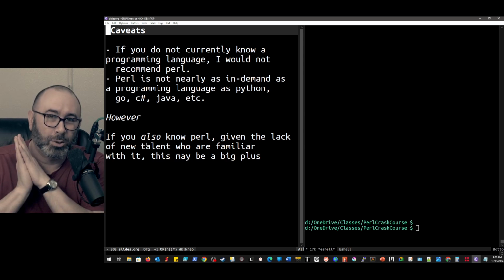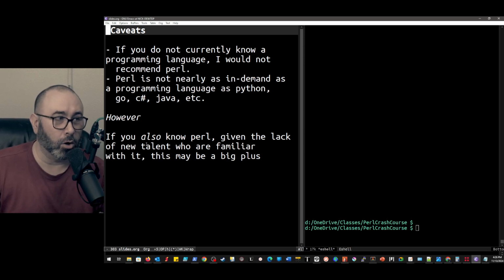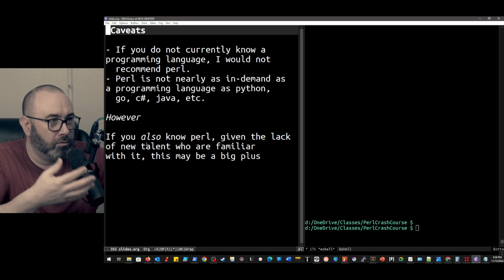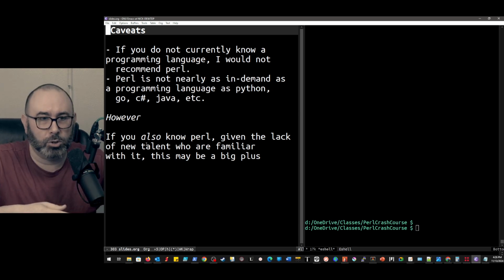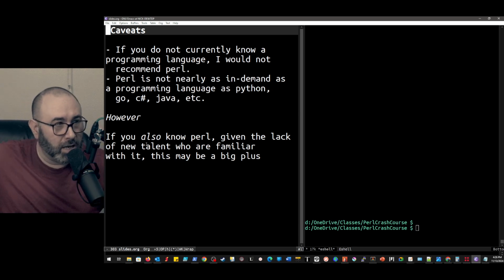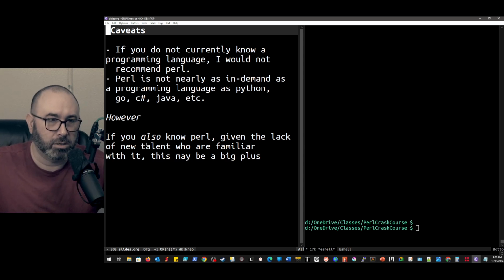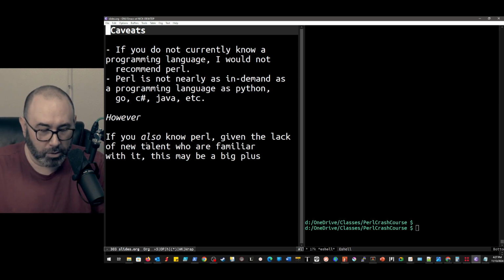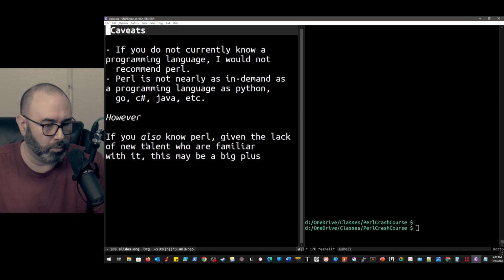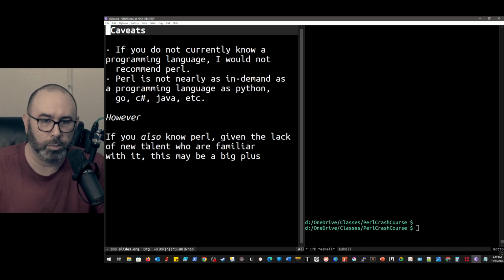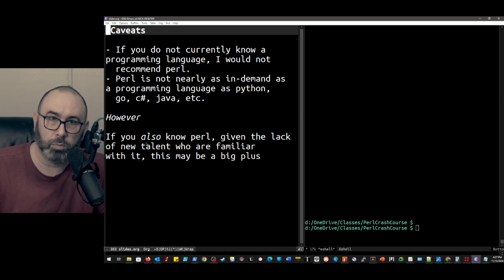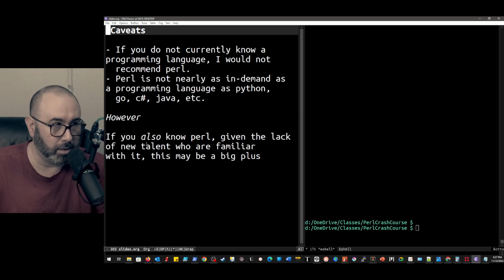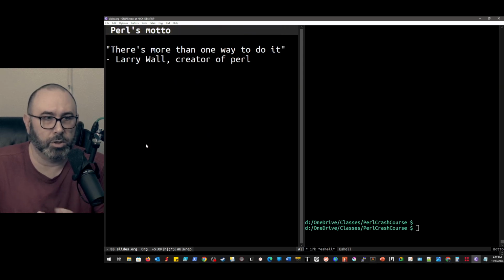So if you know, let's say Go, which is maybe the language they're looking for in this particular job that you're trying to get, but they also still have all this Perl stuff that's kicking around, and you also know Perl, now you've got something that's going to differentiate you from other people. You'll still probably end up writing primarily Go code in that environment, but you may be migrating Perl to Go, or you may be maintaining existing software or writing things here and there, which is a nice thing to be able to do.